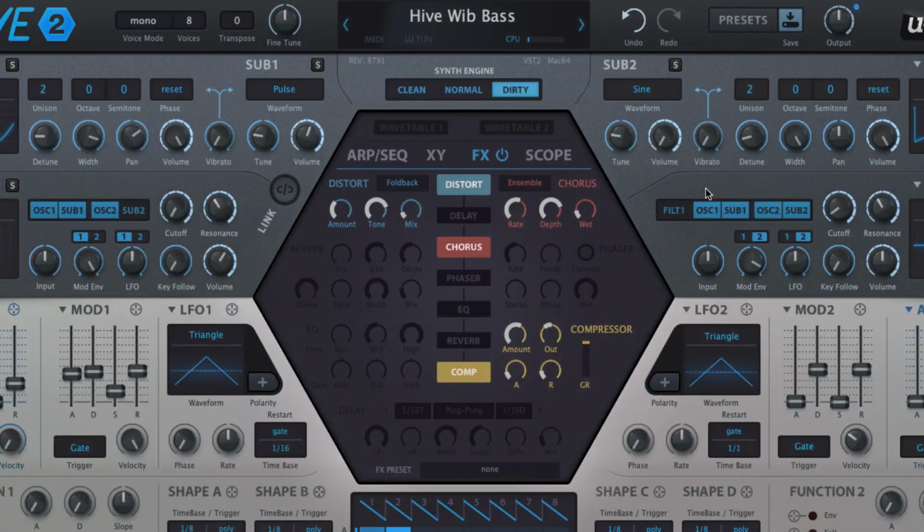Also not actually part of the control bar but worth a mention here, the link button slaves the controls to the right of the central hexagon with those on the left, with an L appearing next to every slaved control. With link active, adjusting a control on the left also adjusts its counterpart on the right, with their relative spacing maintained.